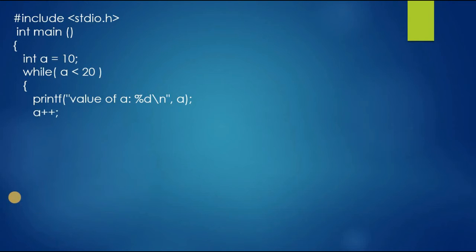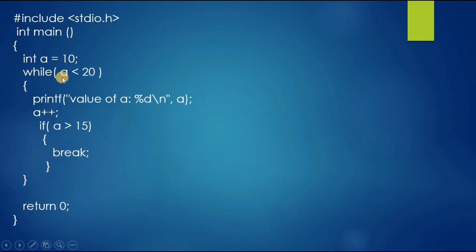Then a will be incremented. Then the if condition is given here, if a is greater than 15, then open a curly bracket and inside that we have a break statement and we closed the if condition. Then we closed the while loop here and return 0 and then we closed the main function here.